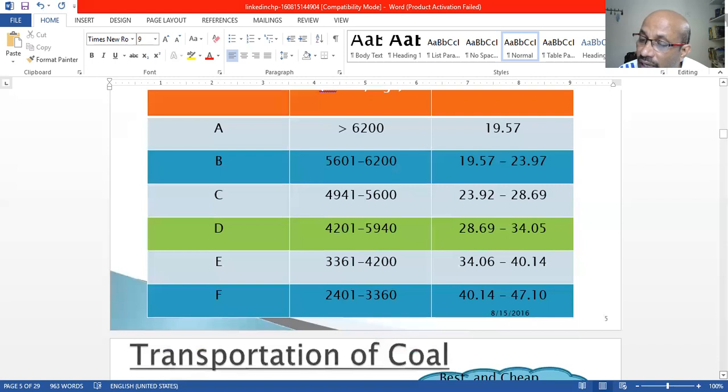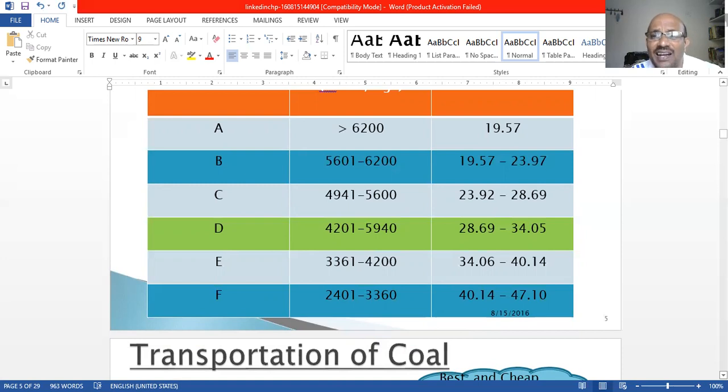we are going to use sub-bituminous coal or bituminous coals. These two coals we are going to use. And this calorific value, I am telling, is a very high calorific value we are going to use. Okay. And D and F, E also, means 3,360 also, means the ash content. This analysis I took in 2016. But from that, now only the same grade coals, D and E and F, we are going to use.